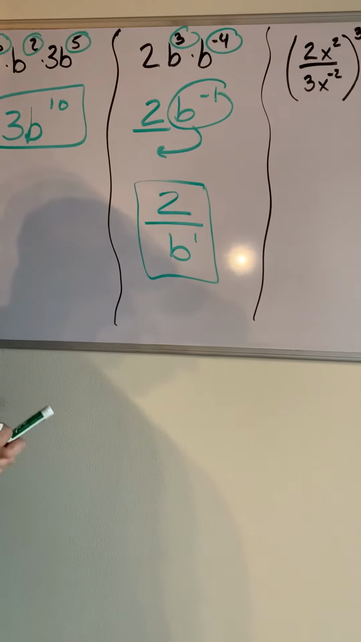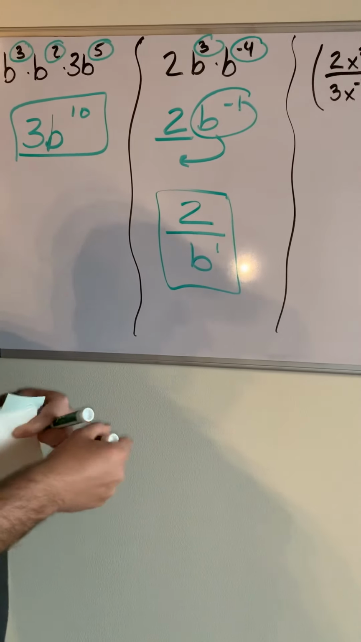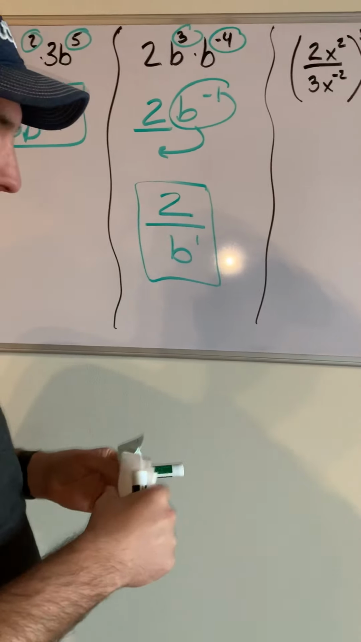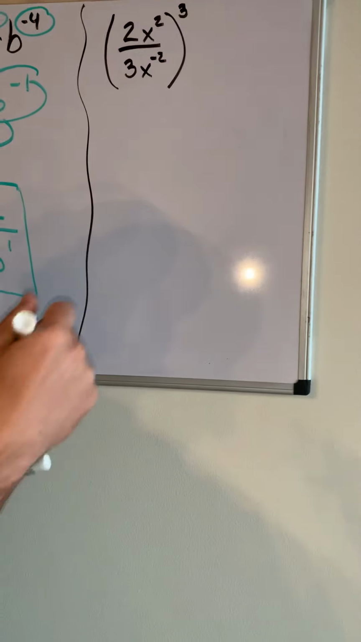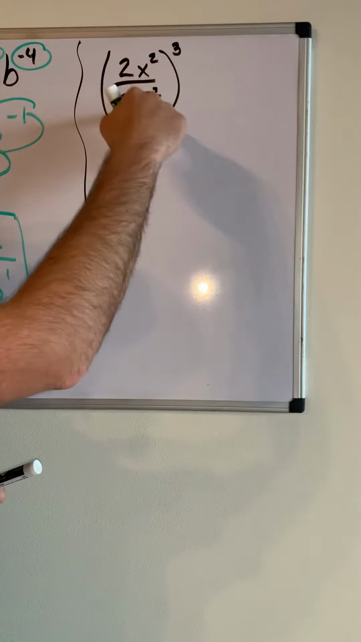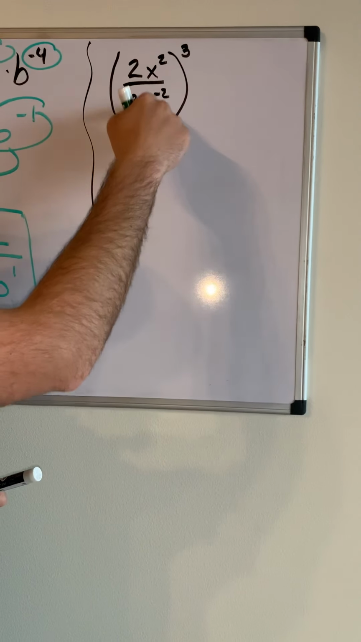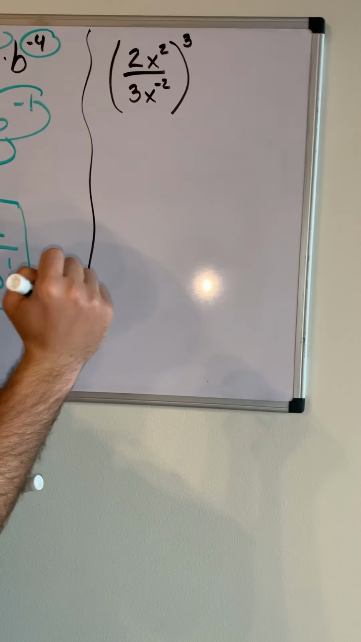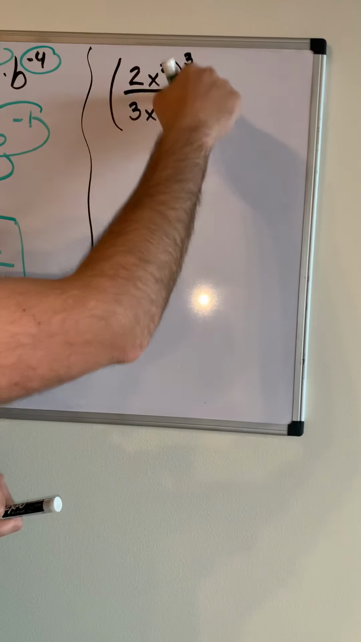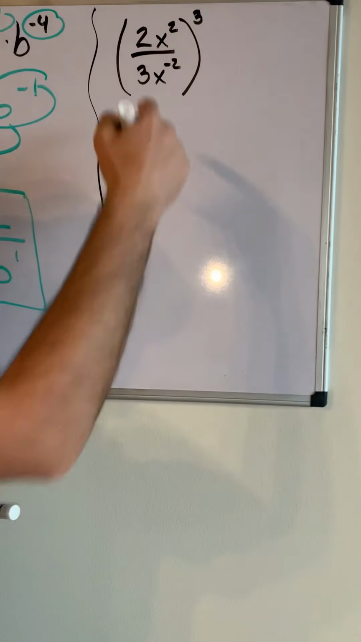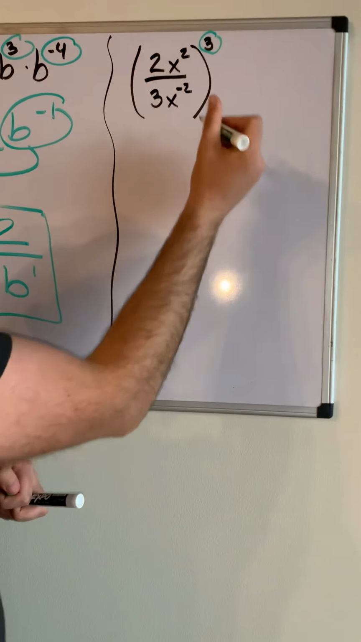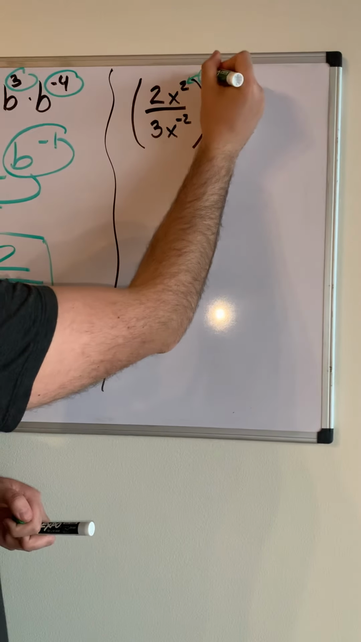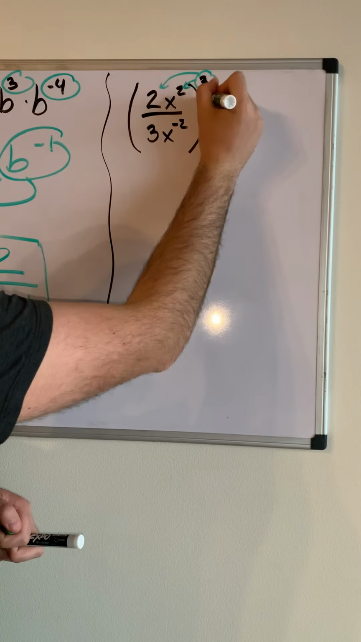All right. Can you see that okay on the camera? Okay. The last one, we're going to need a couple different colors for. The first thing I'm going to do, because I have this whole fraction, 2x squared over 3x to the negative 2, and I have that all to the power of 3. Well, if I have this all to the power of 3, I need to multiply here. So I'm going to distribute this 3 to all the powers